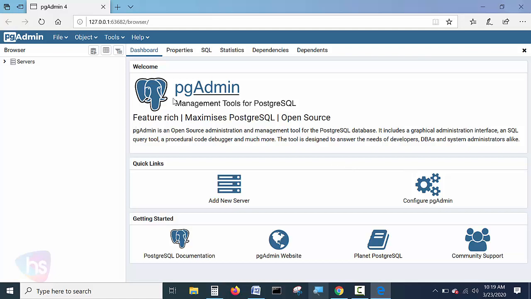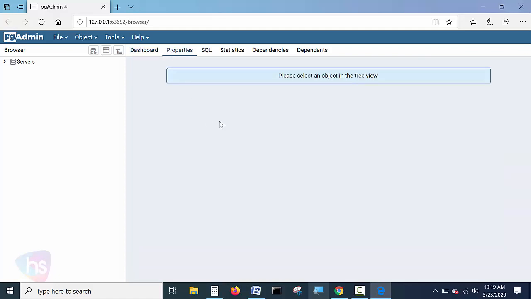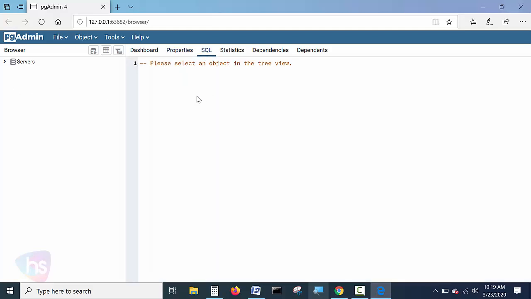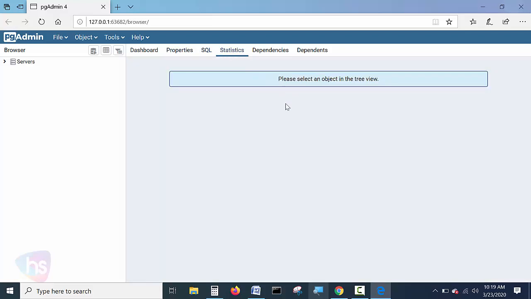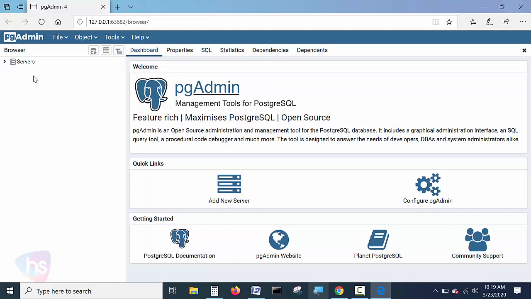Now for properties over here, there are object-based properties. The SQL tab is where we can run the SQL queries. The statistics based on the database object will open in the left panel. We will see one by one. At present we need to connect to our PostgreSQL database server